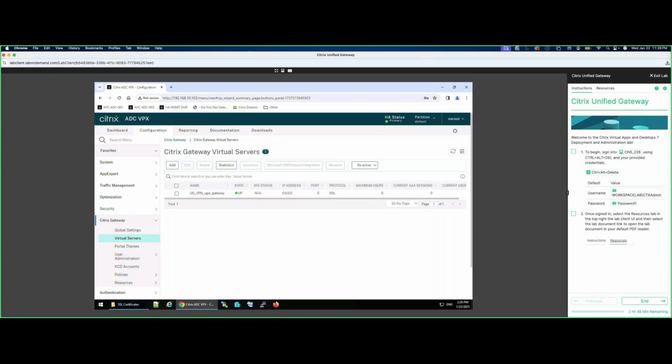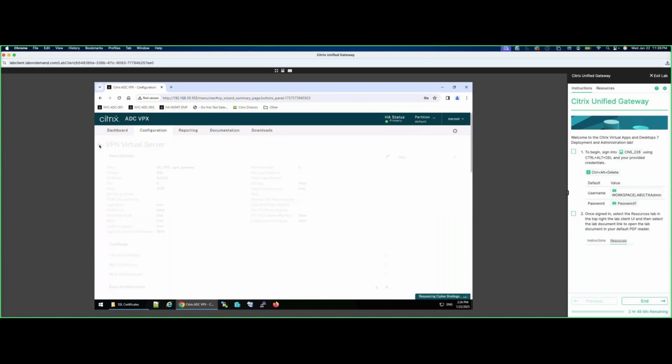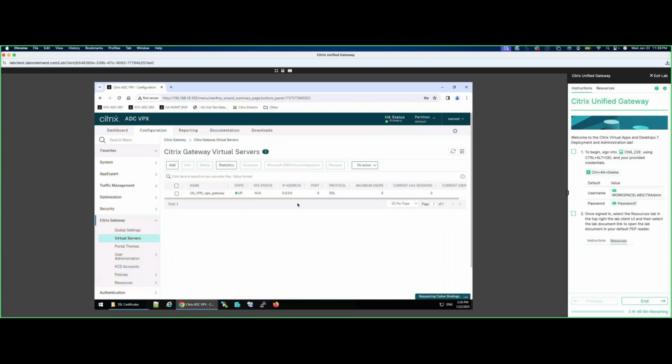Once you have edited that, you're good to go, right? And you will see the IP address 0.0.0.0, right? The IP address is 0.0.0.0, right, sir? Yeah. And also, if